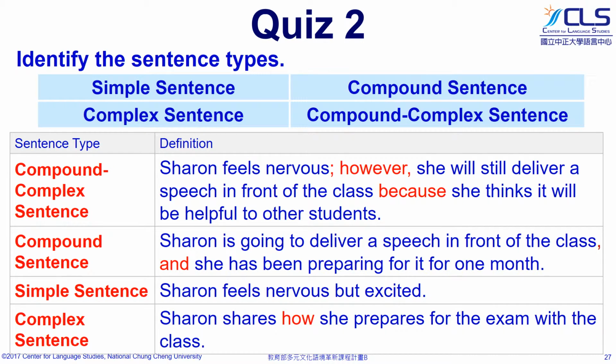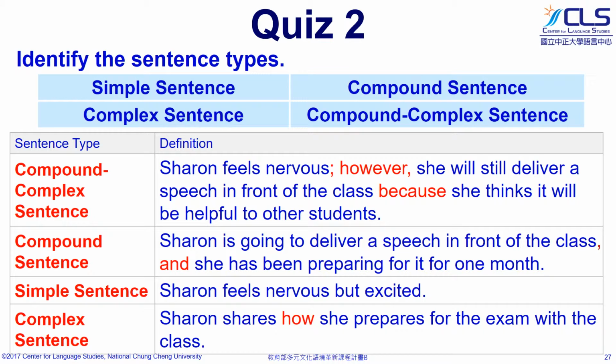Let's check answers. The first one is a compound-complex sentence, which uses the semicolon, conjunctive adverb however, and the comma to connect the two main clauses. Sharon feels nervous, and she will still deliver a speech in front of the class. Then, because is used to connect the complex sentence, she thinks it will be helpful to other students, to the two independent clauses. Next, the second one is a compound sentence, in which the connector and is used to connect